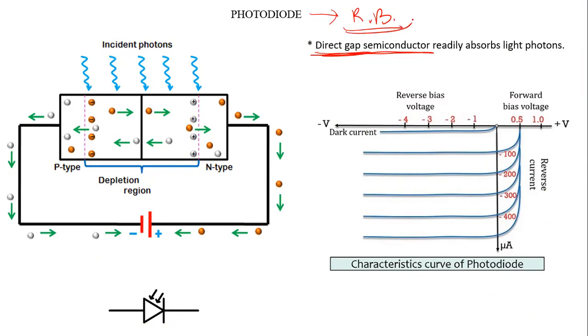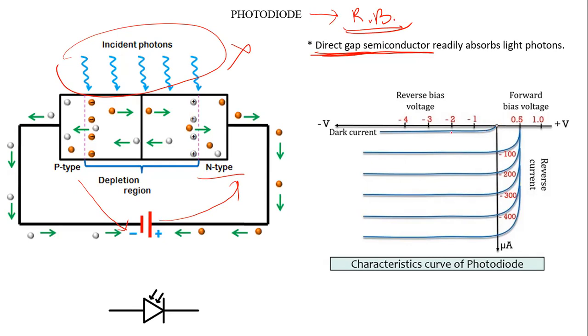Here this is N-type, connected to the positive terminal, as you see, and P-type is connected to the negative terminal. So this is under reverse bias. Without any incident radiation, you know that under reverse bias, whether it's a direct bandgap or indirect bandgap semiconductor used for making the diode,